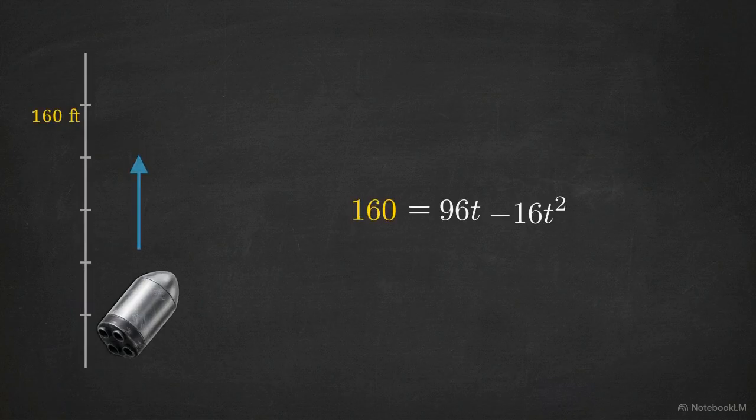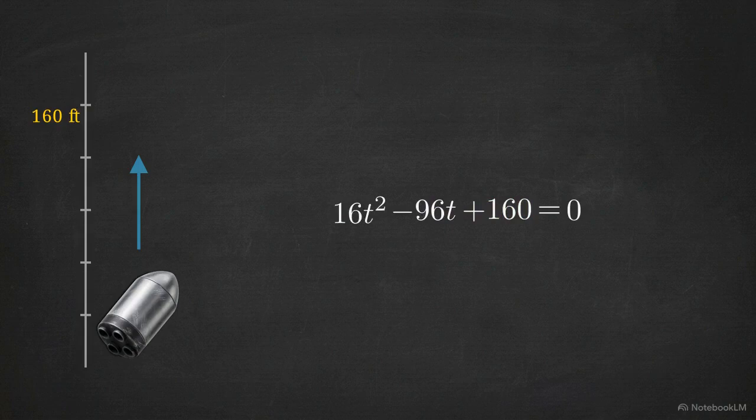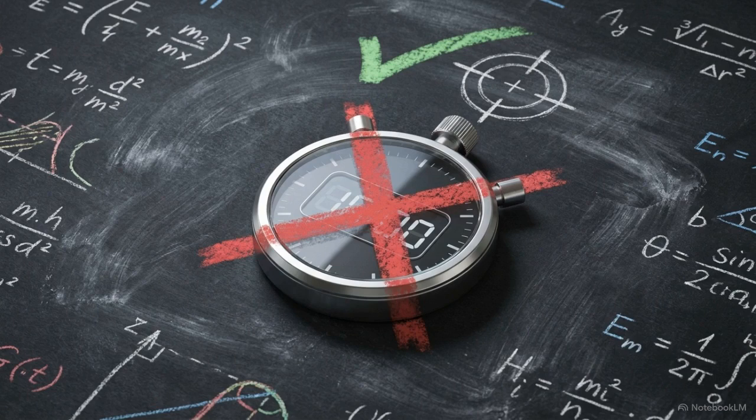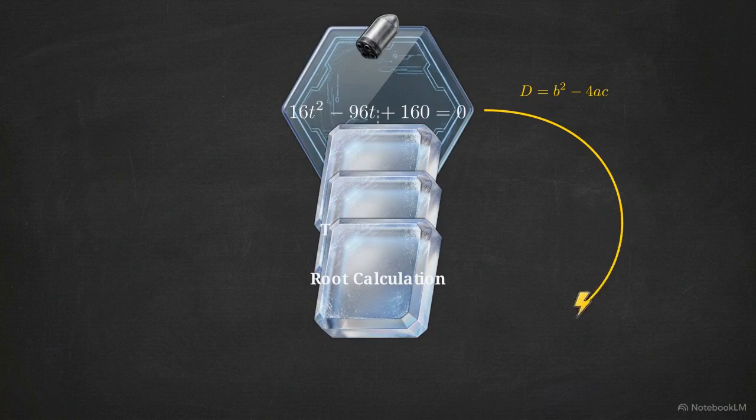To find the answer, the physical scenario is translated into a standard quadratic equation, 16t squared minus 96t plus 160 equals 0. Finding the value for t usually involves traditional classroom methods, like factoring or applying the full quadratic formula. But calculating the exact time points is often unnecessary when you only need to know if the target is reachable at all. There is a mathematical shortcut that can test the limits of this flight path before you commit to